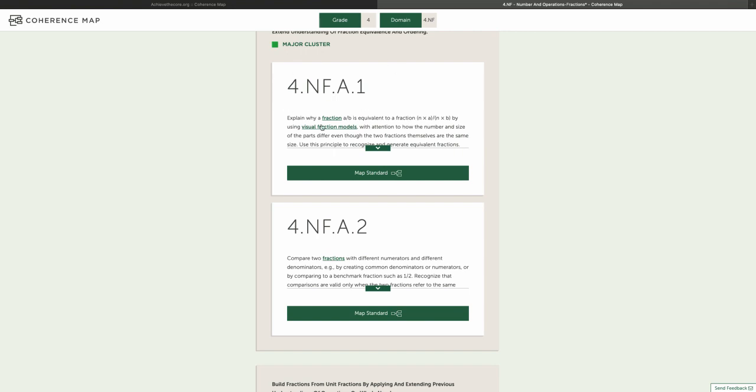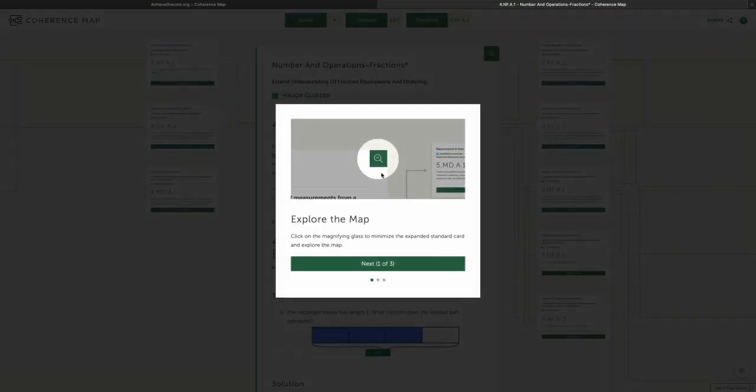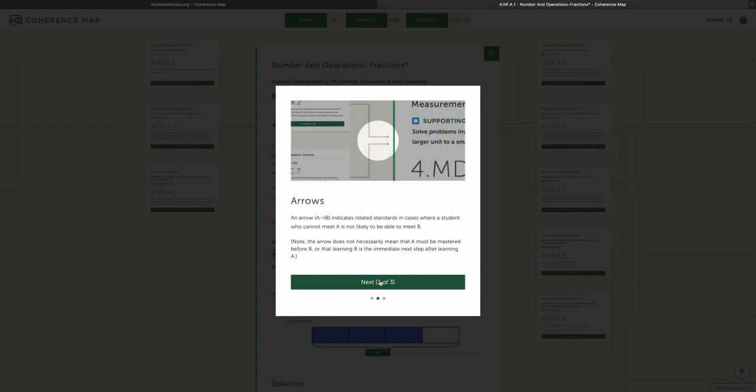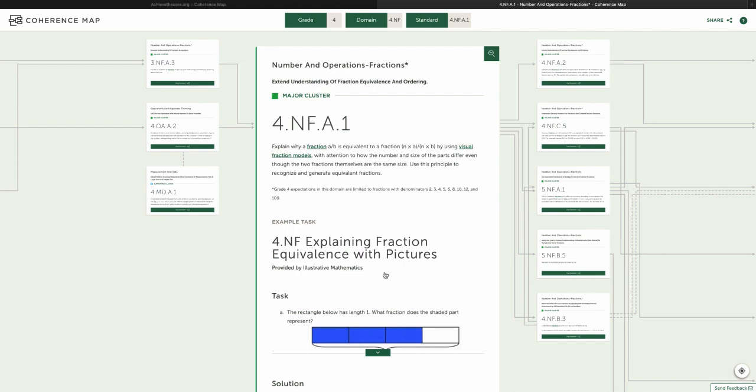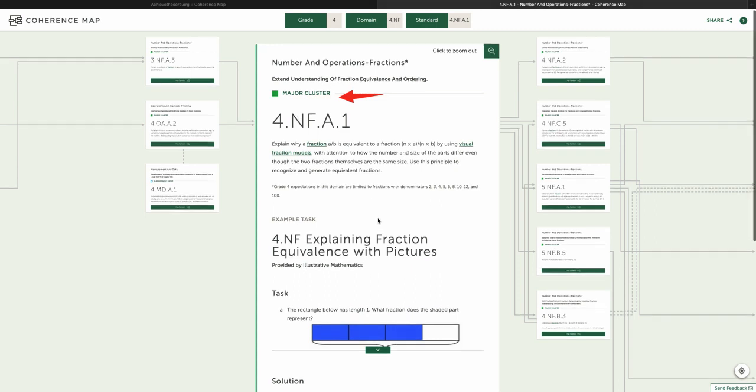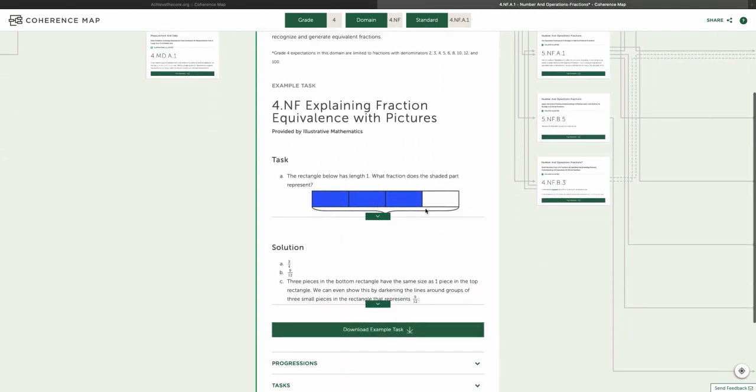If I'm teaching in this area here and explaining why a fraction a/b is equivalent to a fraction, etc., all I have to do is click Map Standard. Once I click Map Standard, it's going to give me a brief tutorial about how to explore the map, what the arrows mean, how they're related, and what the dashed lines mean and how those relate. So once you read that tutorial, it's very intuitive. Just go ahead and click Finish. And what it's going to show you is